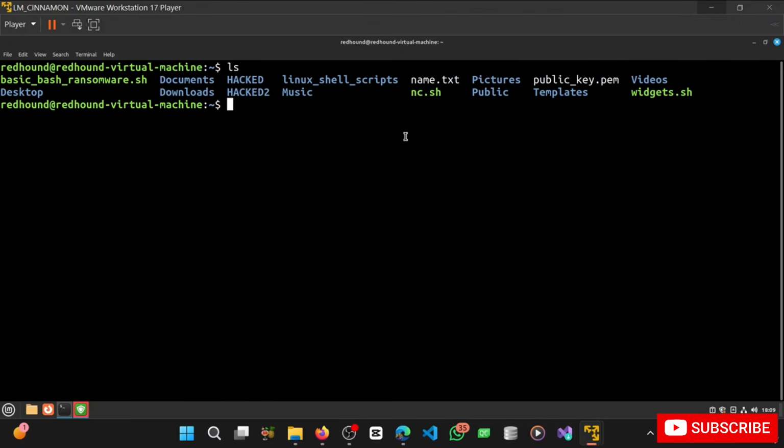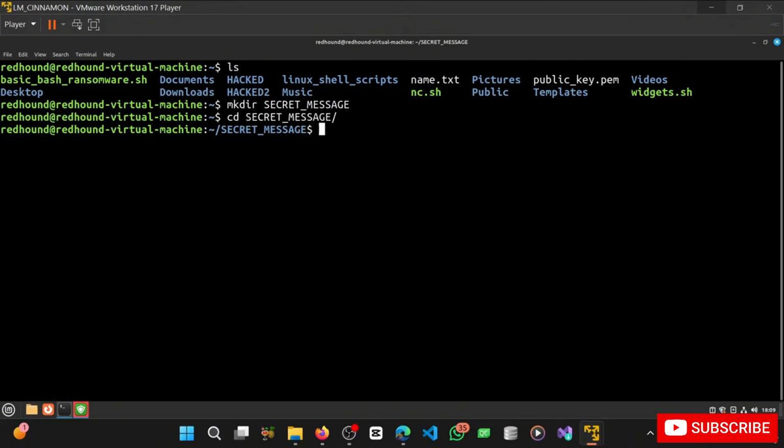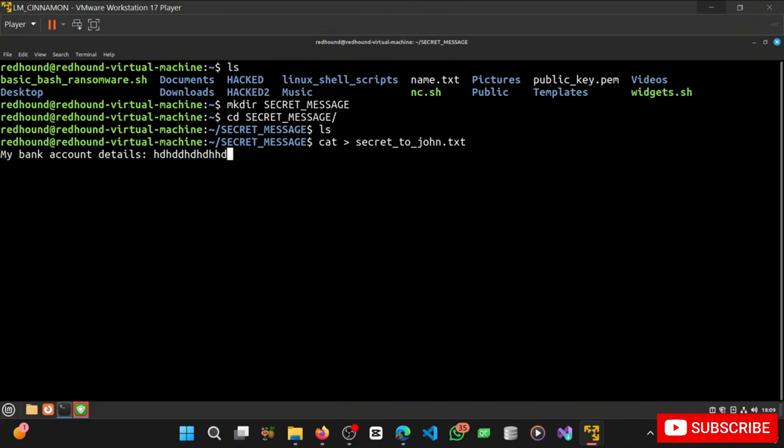Which we've transferred. So if my friend wants to send me a secret message, let's create a directory here. Let's say he has this directory also. I'm going to cd into the secret message directory. Let's say he creates a file called secret to john.txt, that's my name. Then maybe something like my bank account details. You can just fill in his bank account details here. I'm just going to fill in some random values there, then Control